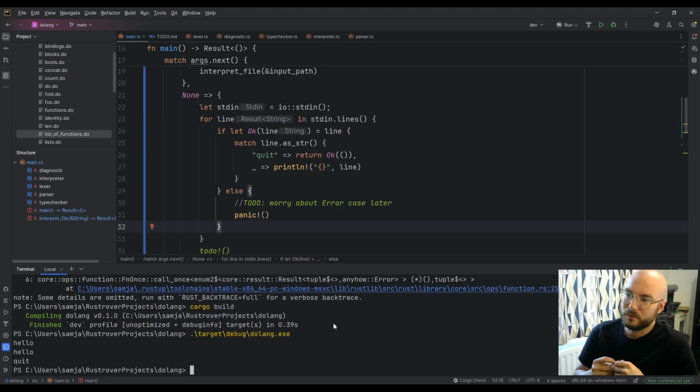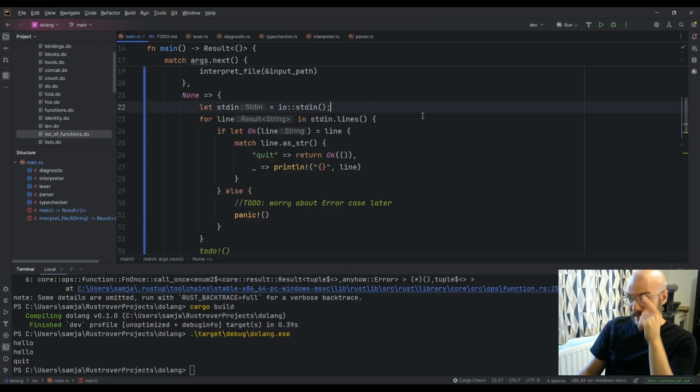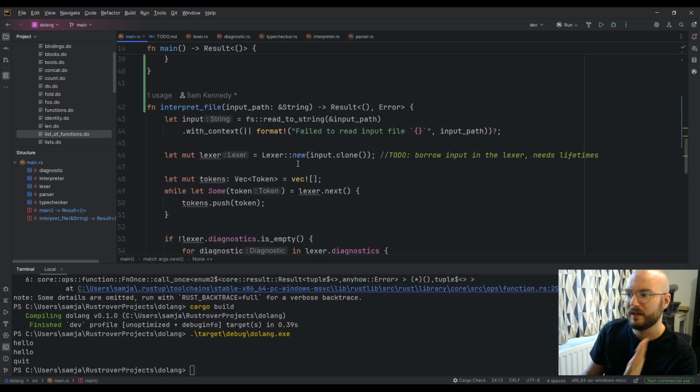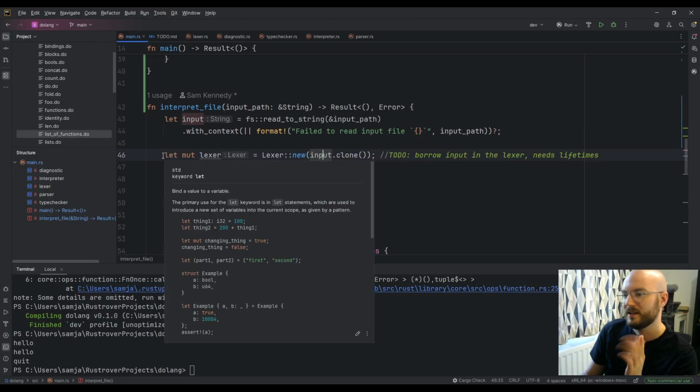Okay, so what we probably want to do is set up our compilation stages like we do in the interpret case. This is pretty awful.